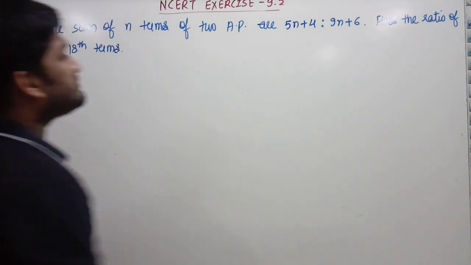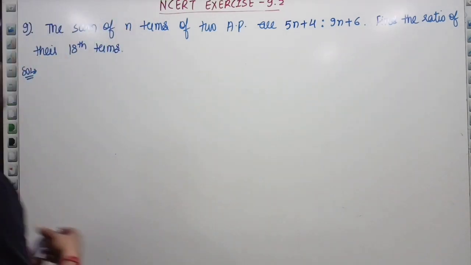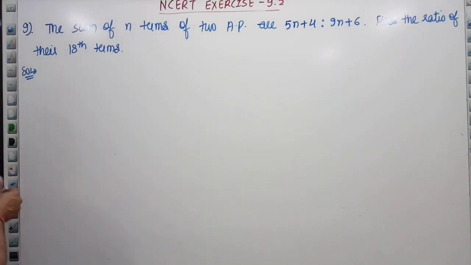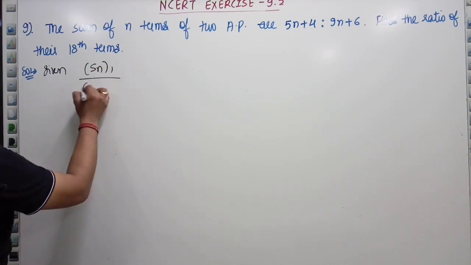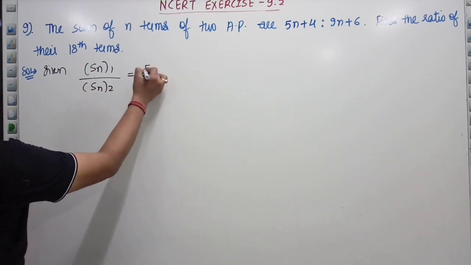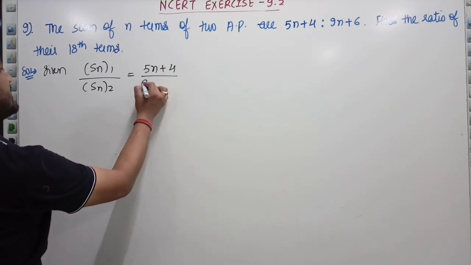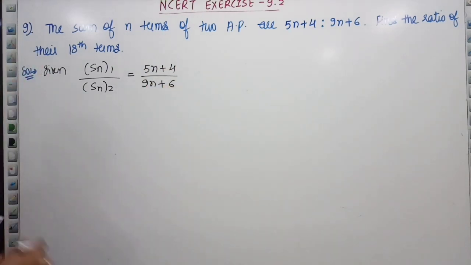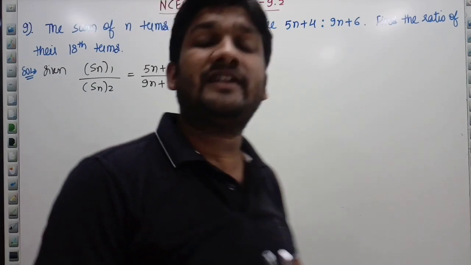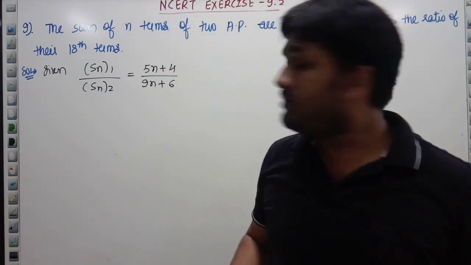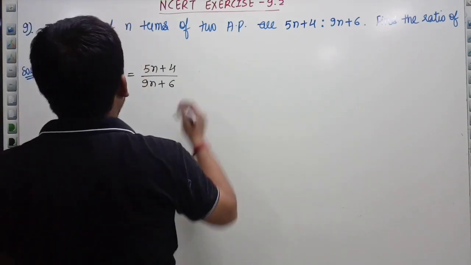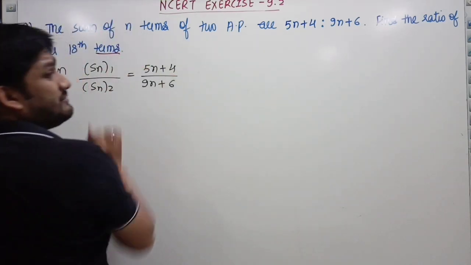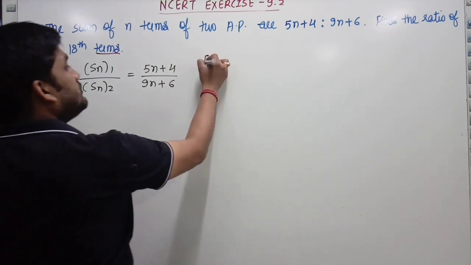Now the sum of n terms of two APs are in the ratio given. Therefore we have two APs, right? And it is given to us that Sn1 upon Sn2 is equal to 5n plus 4 upon 9n plus 6, right? Now find the ratio of their 18th term. Now we have to find the ratio of the 18th terms, so I will be writing a little bit here. Look, we have to find the ratio of terms, the sum is given, this summation is given. So you have to find